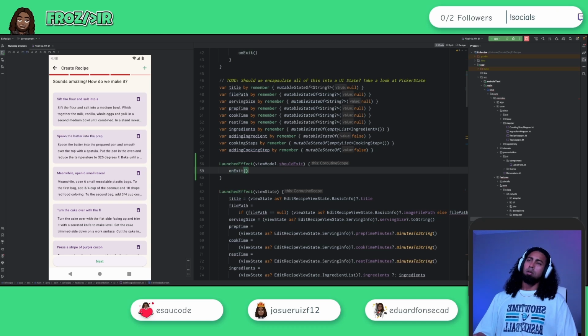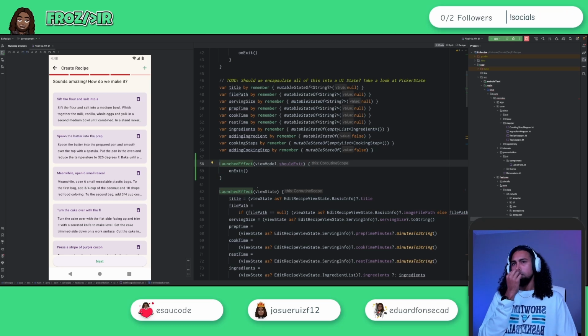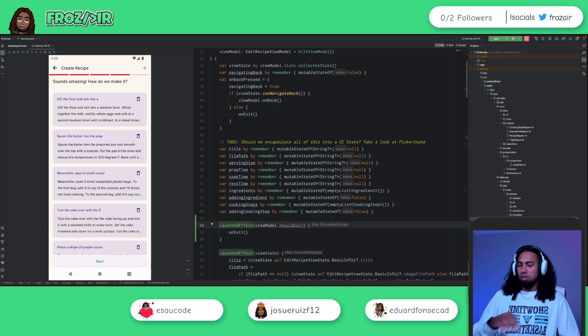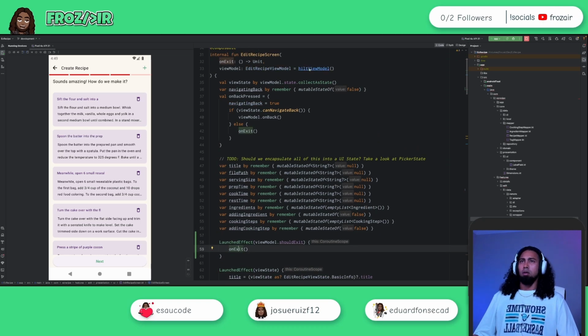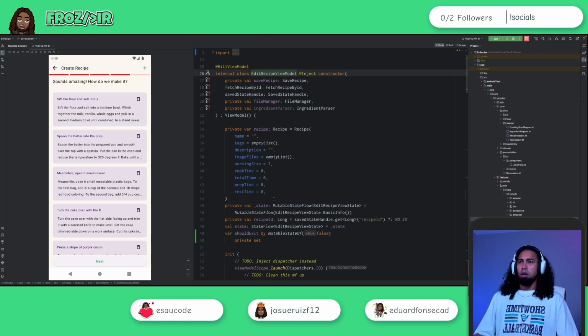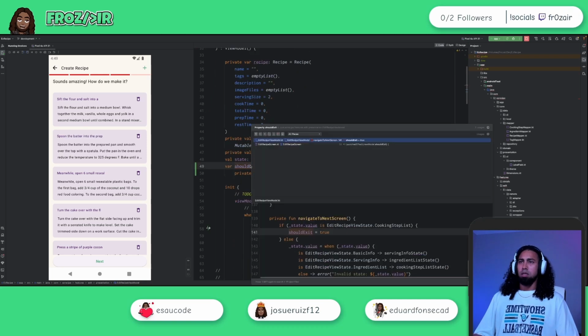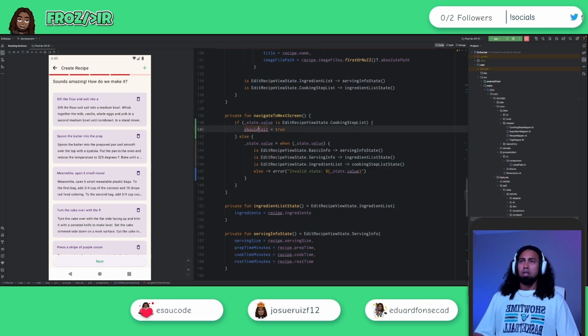Well, yeah, I think this is right. Let's give it a try. So, I mean, okay, hold on. Where is this being set? Here. So should exit is just true, but really what we need to do here